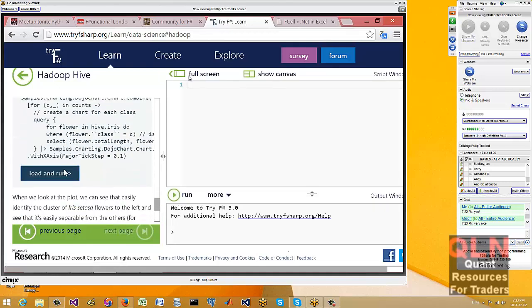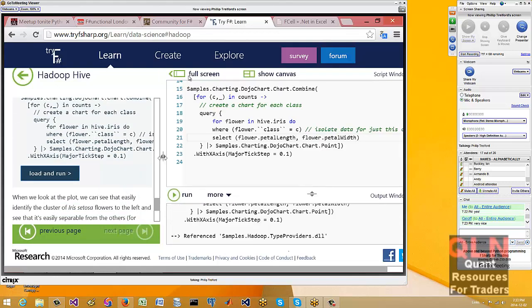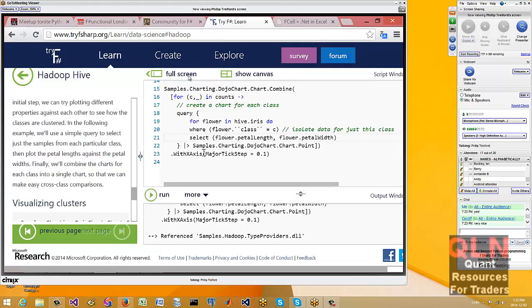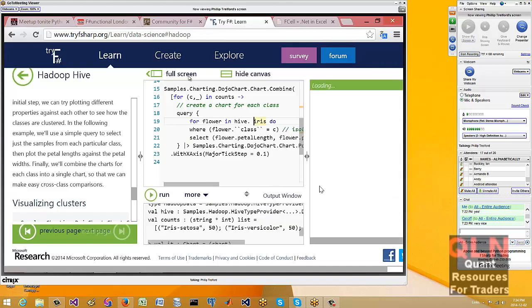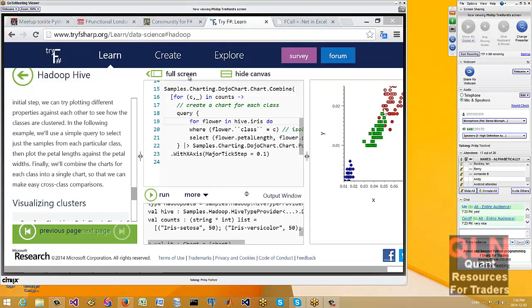So I can actually load and run a program here in the browser. I have IntelliSense, like you saw I had in Visual Studio, and I can execute that, and you'll see on the other side of the screen it's actually done a plot over the iris dataset. So just endless type providers out there.